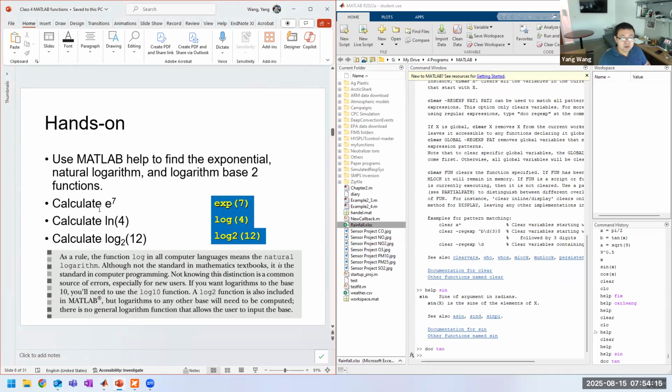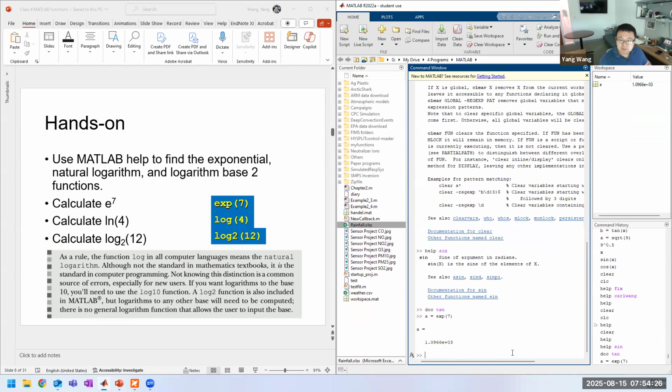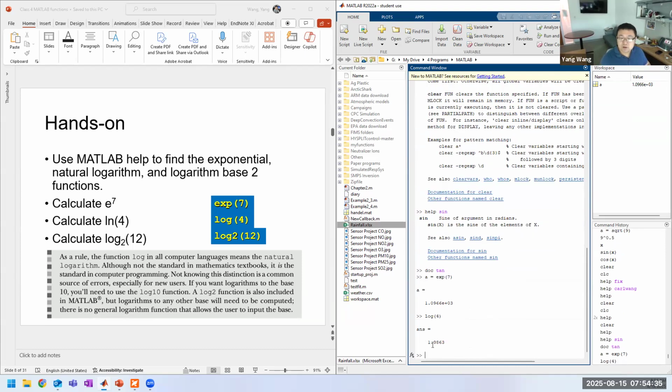So for example, if you want to calculate e to the power 7, you can just do exp 7. You can do, for example, a equals exp 7. So this is the value you can get. If you want to get the natural log, then you just do log 4. Okay, so this is something that we need to pay attention to, because I think when we learn about the